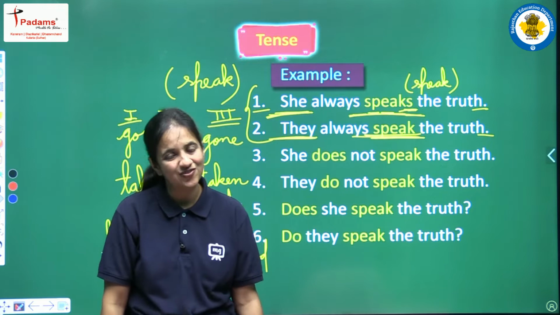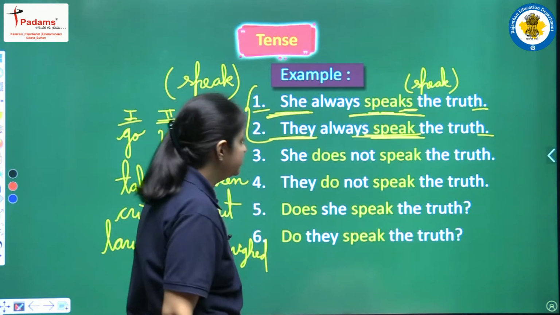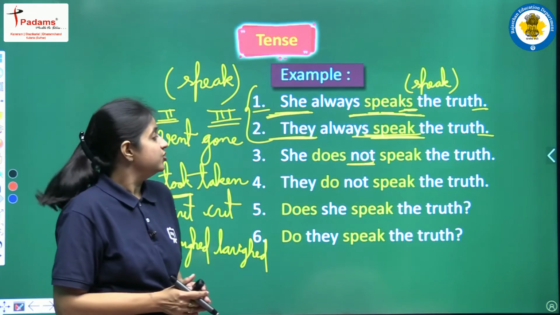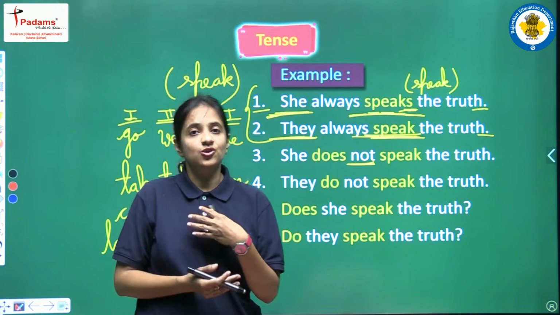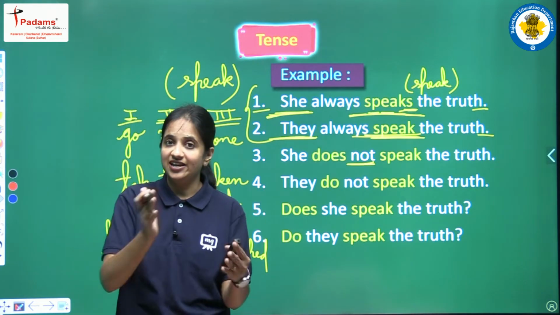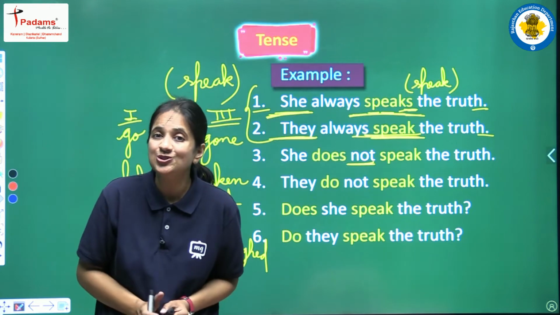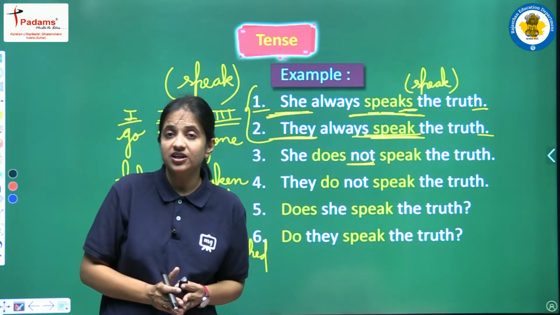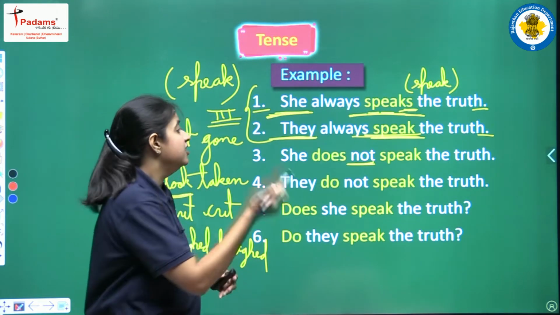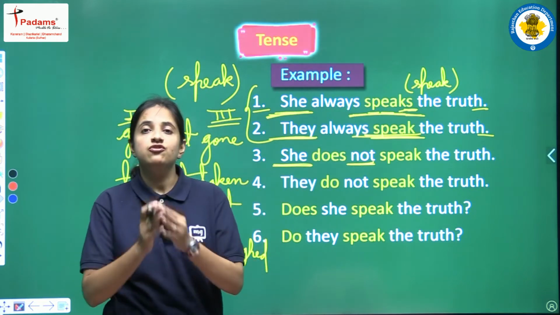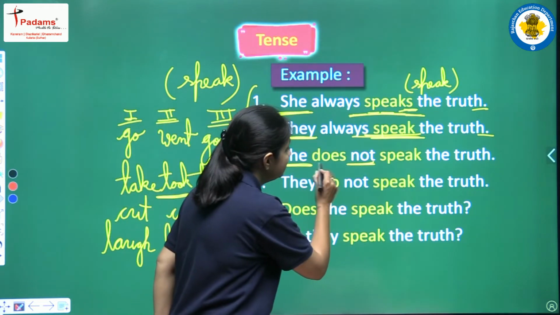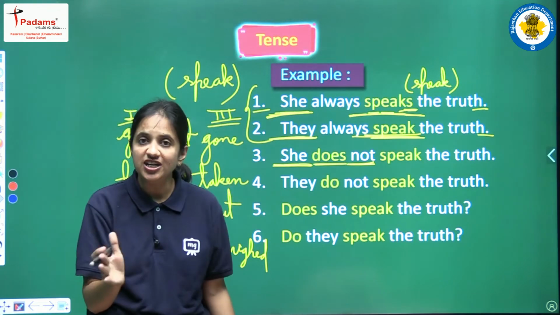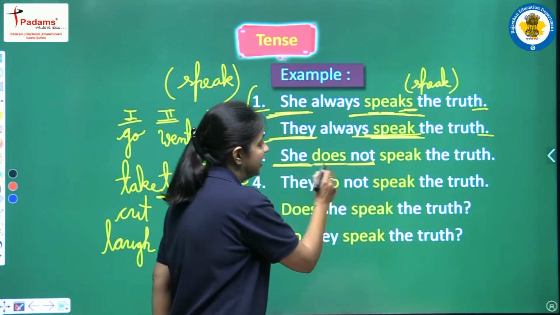Okay, so now again first of all just observe the kind of the sentence. In this sentence we are having not, it means this is a negative sentence, right? So in this negative sentence, just to recall all the rules, if we are having a negative sentence, then yes we have to use do and does, right? Now we do not keep do or does hidden, we have to write do or does according to the subject. If we are having a singular subject, we will write does, and for the plural subject we will write do, but right now we are having she, that is a singular subject, so here we will write does.